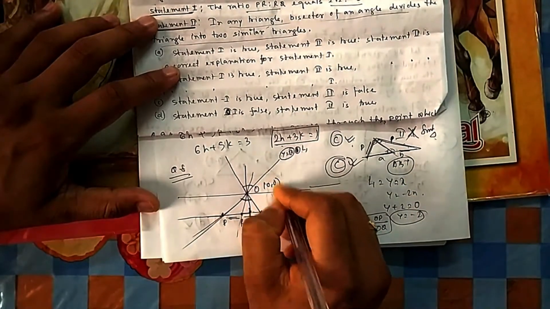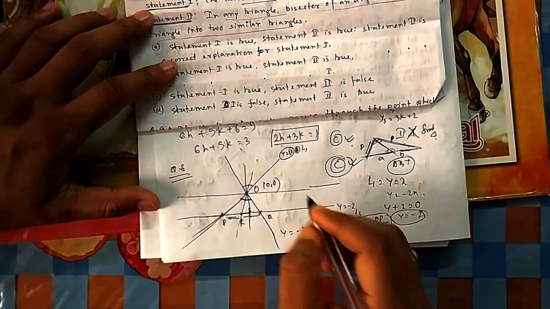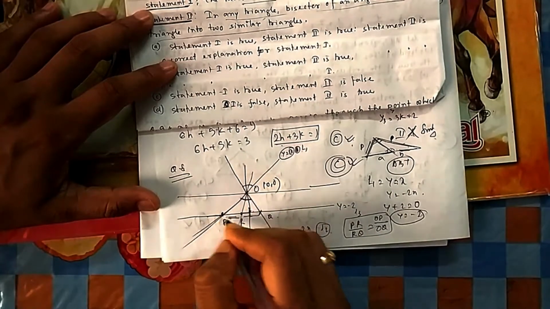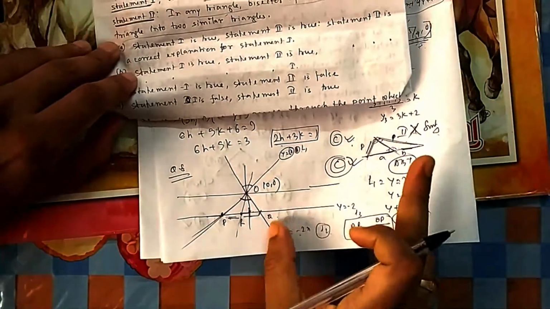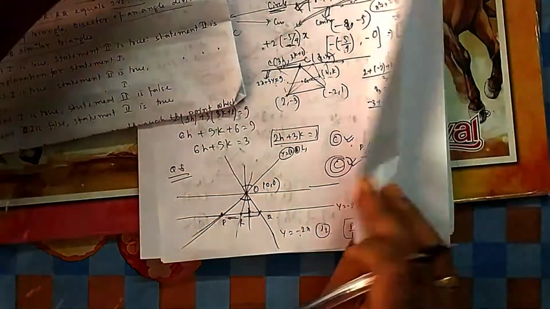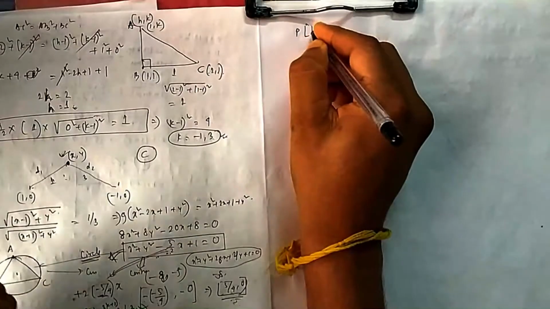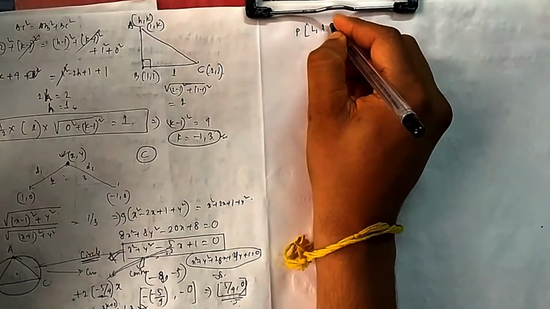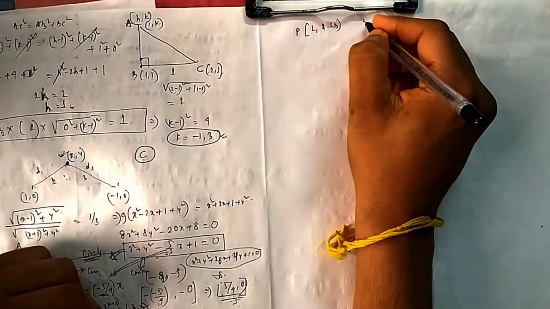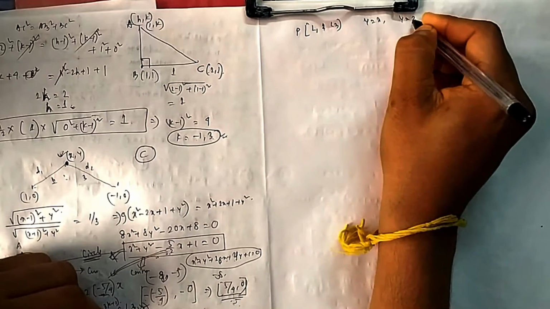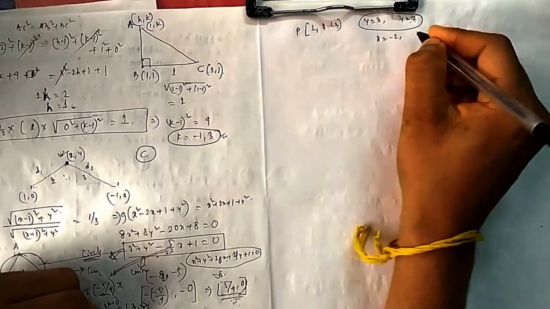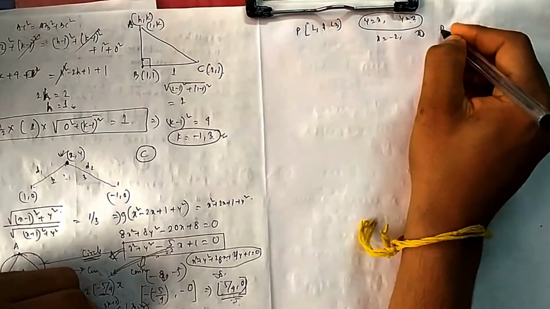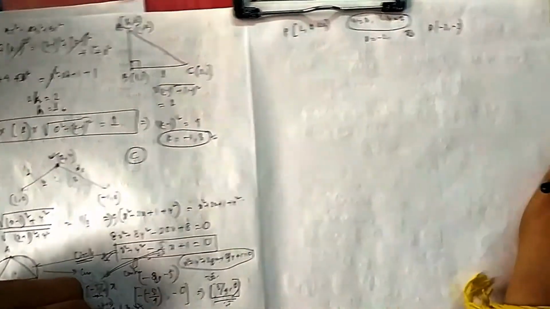So the O coordinate you know is 0, 0. What will be the P coordinate? This is the intersection between L1 and L3. So if you solve L1 and L3, then you will get P. And if you solve L2 and L3, then you will get Q, because the intersecting point is just the solution of L1 and L3. What is L1? L1 was y equal to x. What is L3? Y equal to minus 2. If you solve these two equations, y is directly given, so x is also minus 2. So the coordinate of P is minus 2, minus 2.